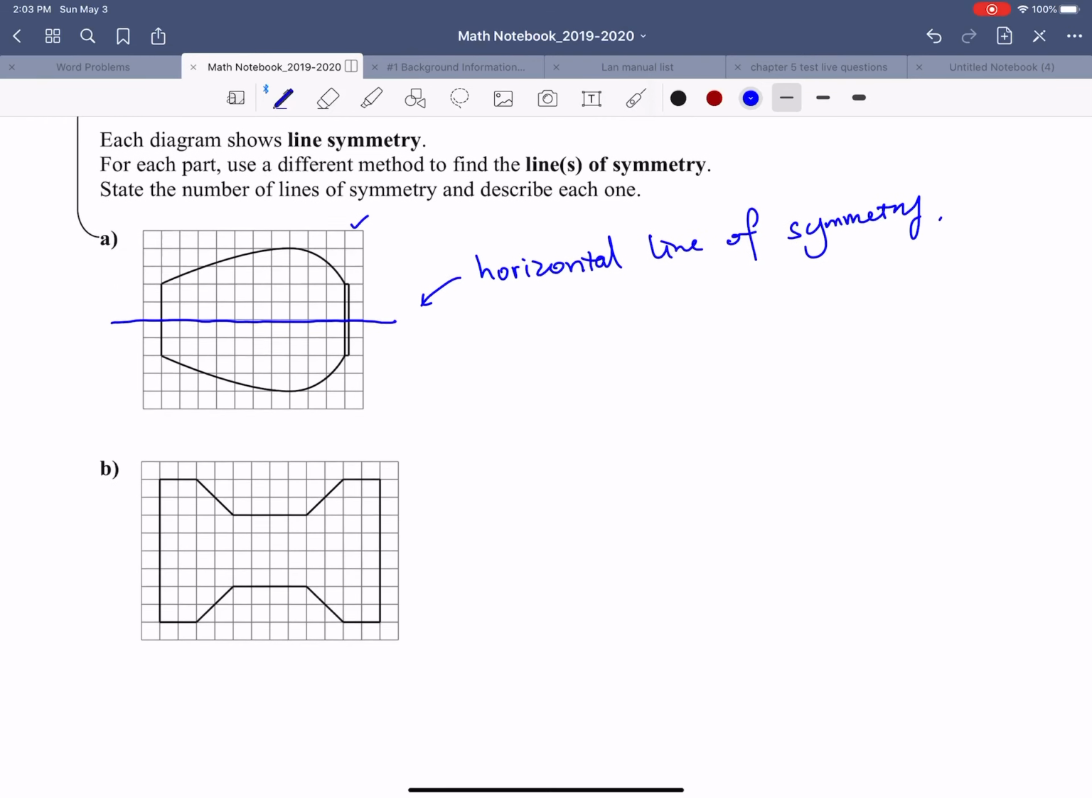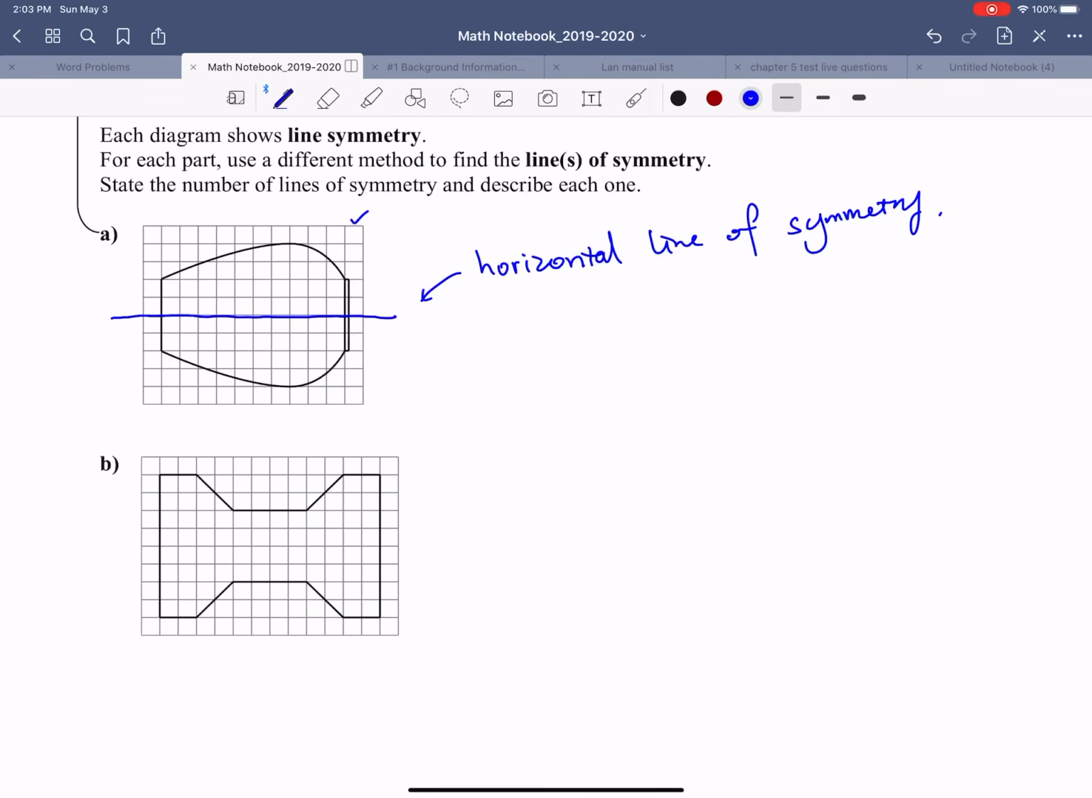Okay, and this one here is interesting because it's a dumbbell shape. So it actually has multiple lines of symmetry. First of all, you can see that it's the center. When you flip it over, it will overlap, okay? And for the horizontal one, when you flip it up or down, you can see that the shapes overlap each other. So it has 2 lines of symmetry. This is a vertical line of symmetry and this is a horizontal line of symmetry. Okay,